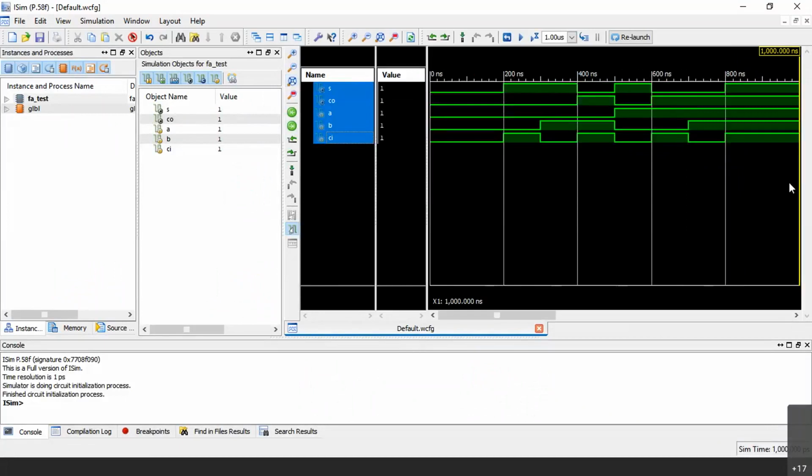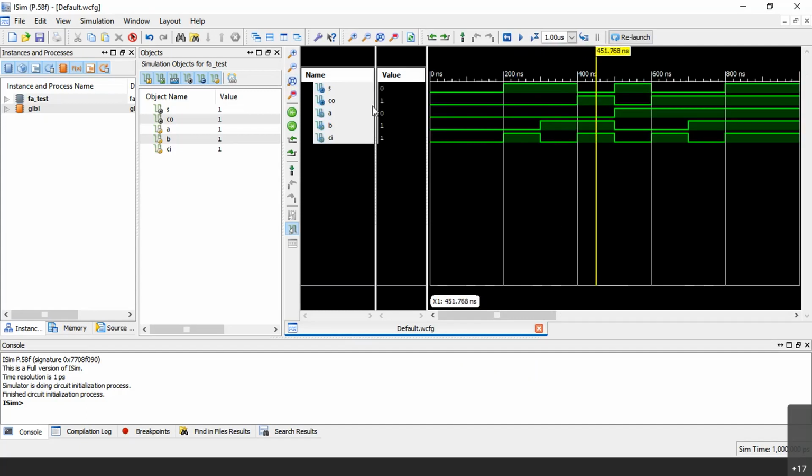When I click on the football symbol, you can see initially it is 0, 0, 0 for 100 nanoseconds. Then again, we have given the first symbol 0, 0, 0. You can see all these inputs are below and outputs are above. Then it is 0, 0, 1, where carry is 1. You can see the sum is 1. Then it is 0, 1, 0. Again, sum is 1. Here, you can see the sum has become 0 and carry has become 1.